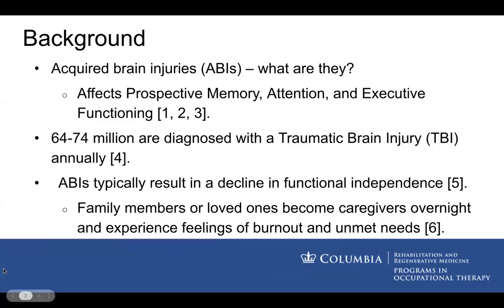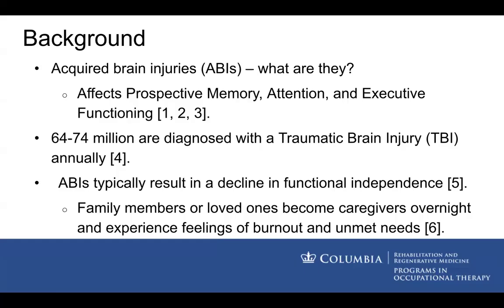So, a little bit of background. What exactly is an acquired brain injury? It's a brain injury that happens after birth. It can be a stroke, a traumatic brain injury, an infection, a tumor. And research shows that acquired brain injuries, or ABIs, as I may refer to them throughout this presentation, largely affect